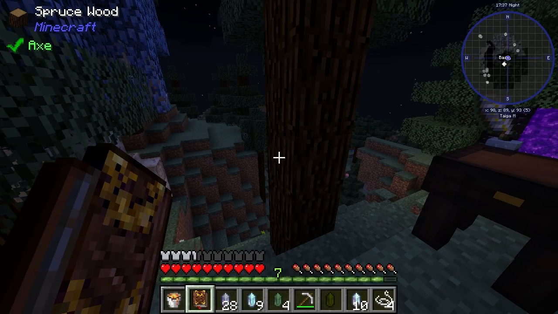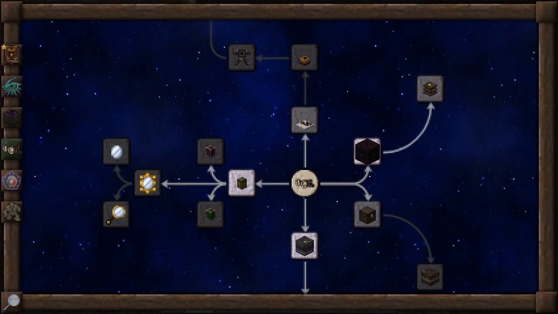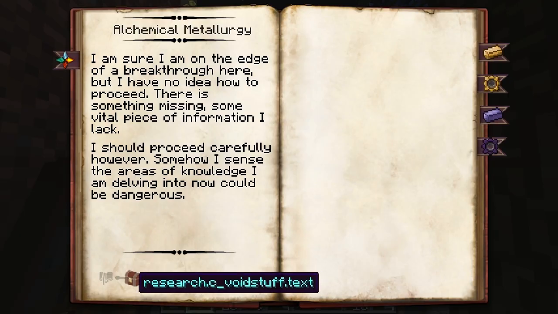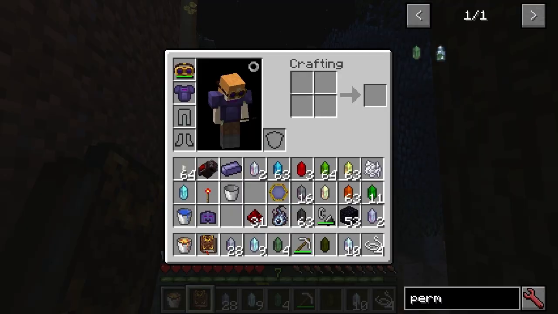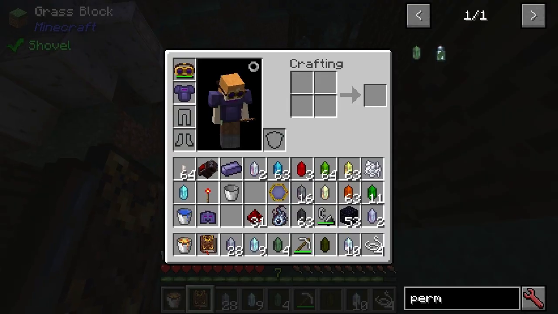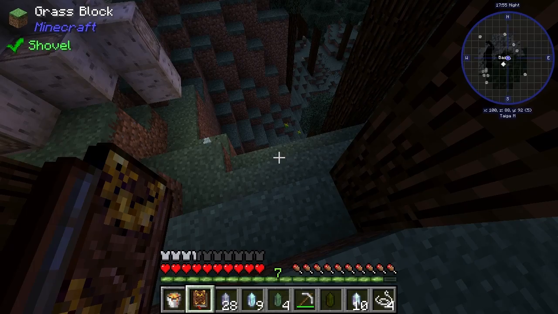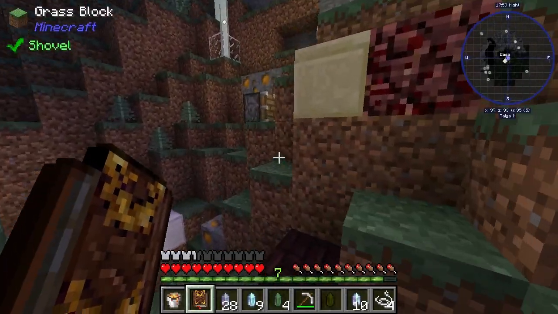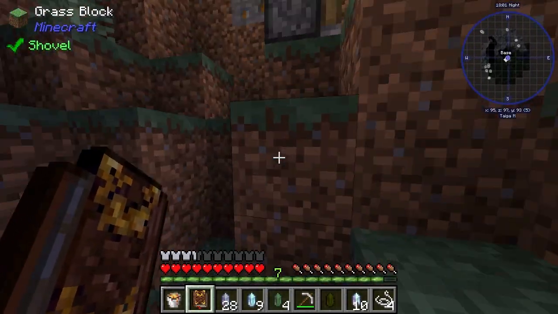Okay, welcome back. So, looked a little bit into alchemy. I managed to unlock metal purification. This is void stuff. So that's an interesting one, isn't it? Very, very interesting. I wouldn't mind keeping my gauntlet if I'm going to go to the void...